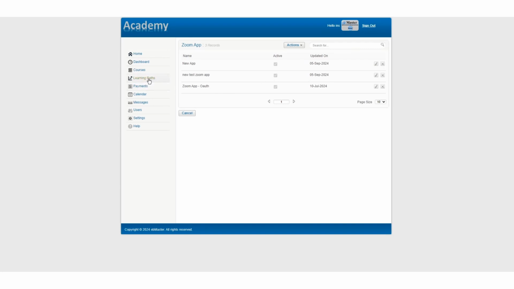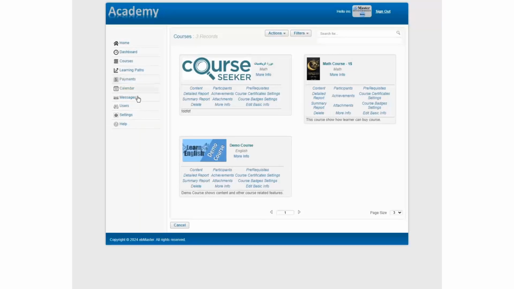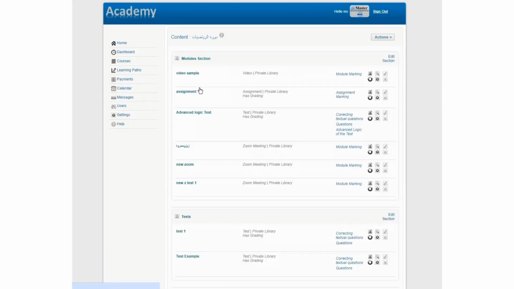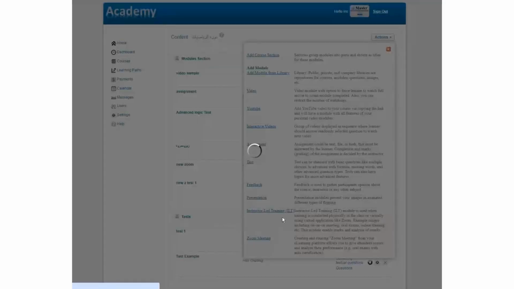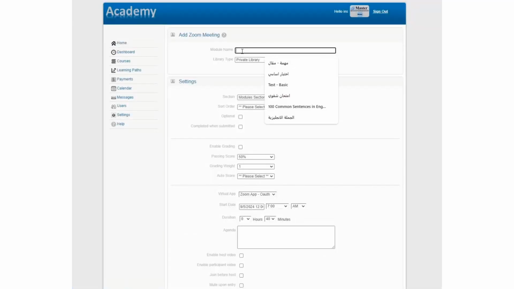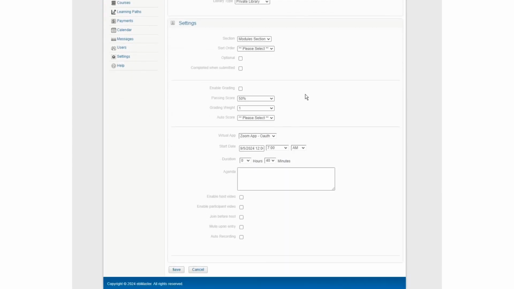So we'll go to courses. Now we want to test the app that we already created in Zoom. So we'll go to any course, click on the content, and we add a Zoom meeting. Just give it a new Zoom class lesson, anything. Okay, you can just accept the default, and here we'll choose the one we